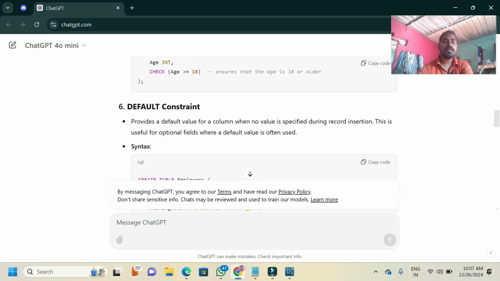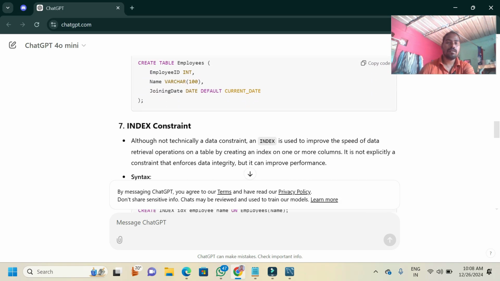Default constraint provides a default value for a column when no value is specified during record insertion. This is useful for optional fields where a default value is often used. Suppose we want to create a table, and when we insert data from a particular state or a particular village or a particular city, that city needs to be constant over there. So we will use the default constraint for the same, and by default that value is updated, but